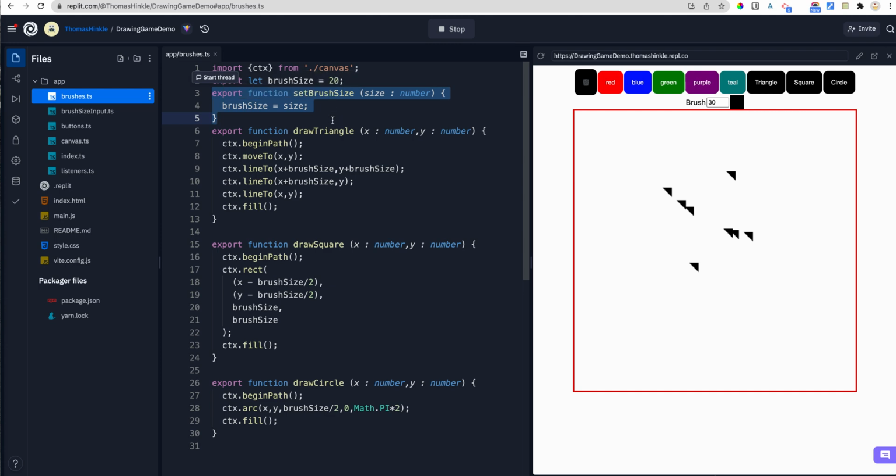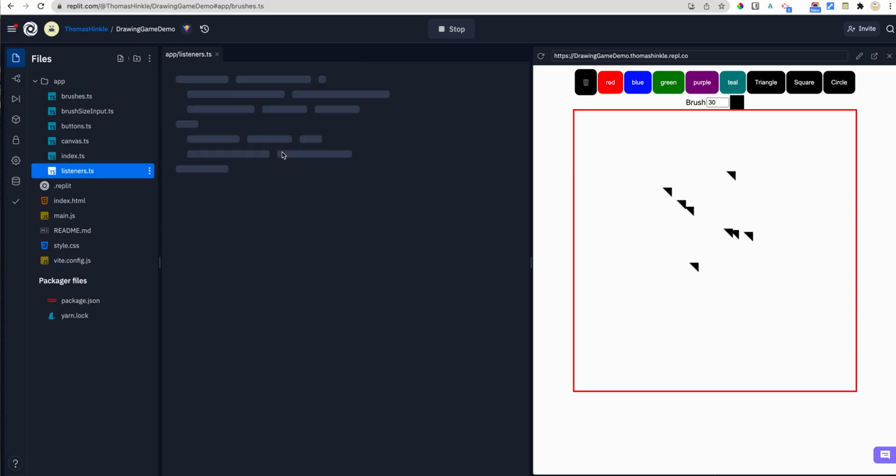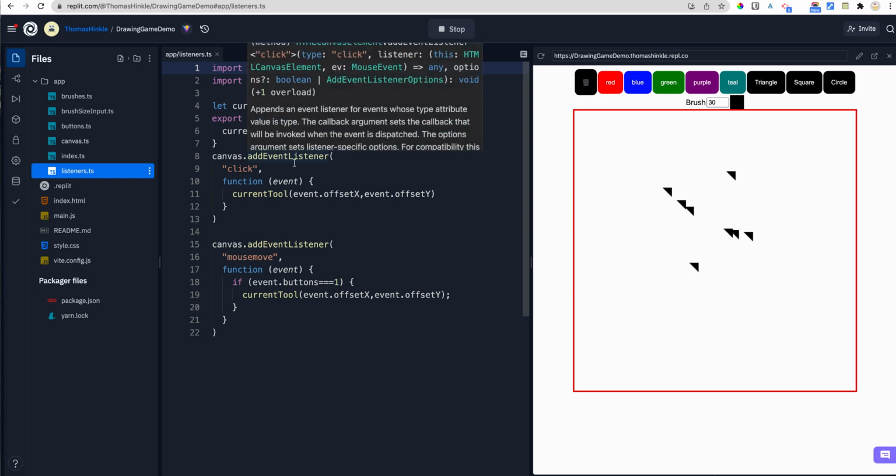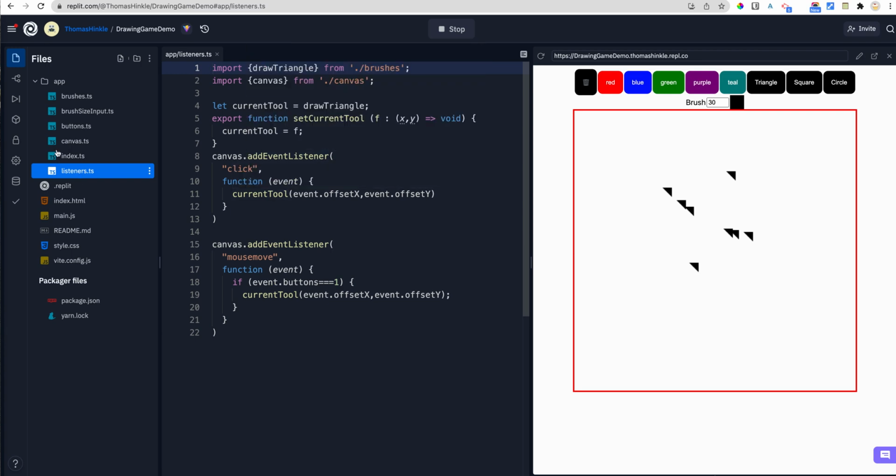So I've got a set brush size. I have a very similar approach in my listeners here, where I have a current tool variable, which is the function that does the drawing, and then I made an export function, set current tool, which just sets the tool that does the drawing. And then this just calls whatever the current tool is. And then my buttons code